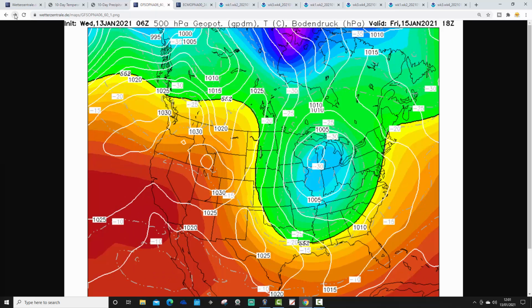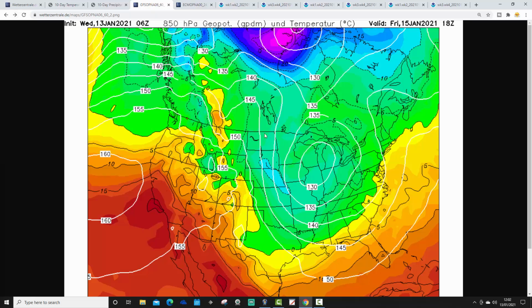It's not a notably cold spell, really, for the time of year, but as this low pressure plunges through the Midwest, it will pull in colder air with it from the north. So we see that the upper air temperatures do drop. We push a -5 Celsius iceberg down into the southern states. As I say, for the time of year, it's not notably cold, but it is enough to bring snow, particularly